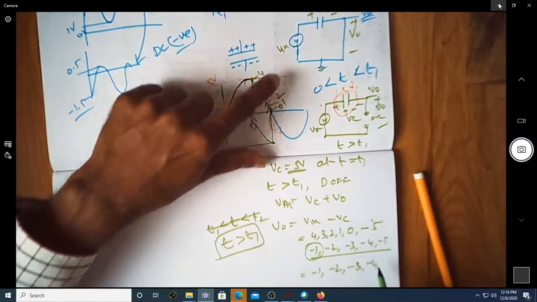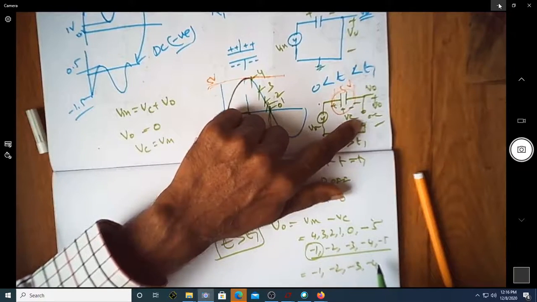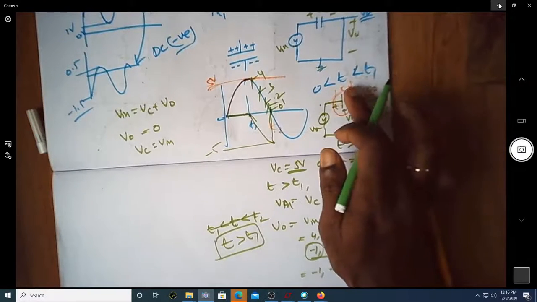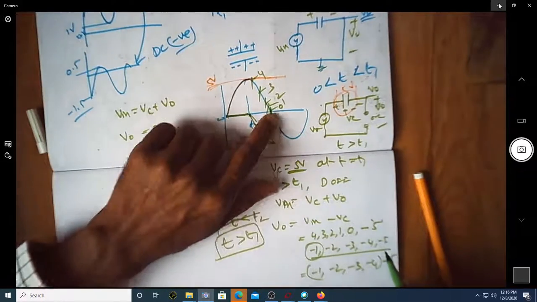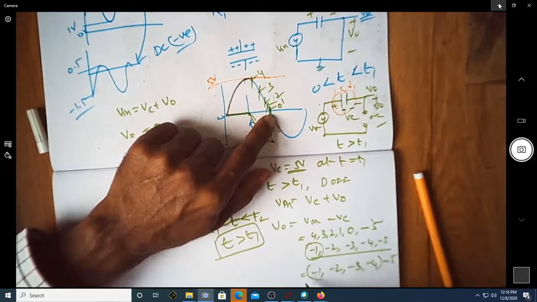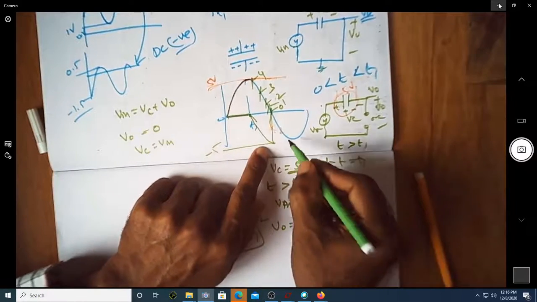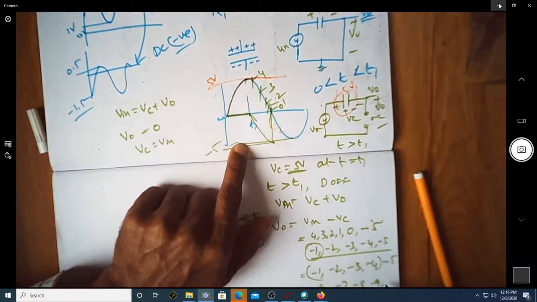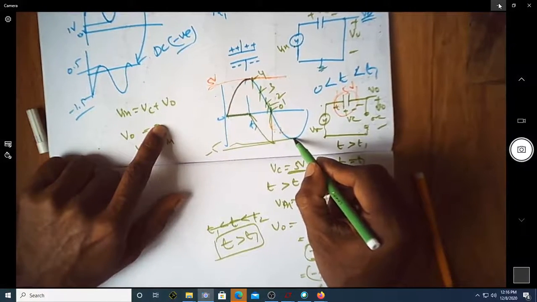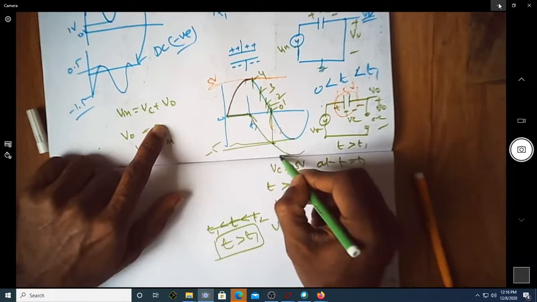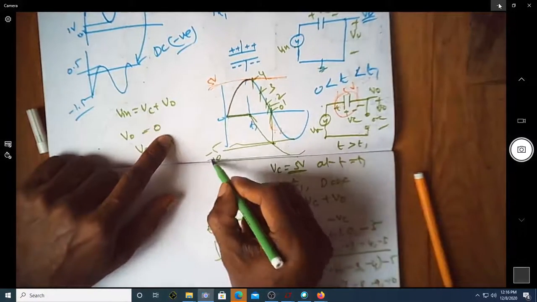Even when it is negative, the diode is off. When the diode is off, you have this condition still existing. The capacitor voltage is still holding at 5 volts. So now this is your Vin minus 5. You can see it was minus 5 when this was 0. When it is minus 1, V0 is actually minus 6, minus 7, minus 8. When it is minus 4, it is minus 9. The voltage can be minus 5 also. In such case, it is minus 10. What I mean to say is, when the input voltage is minus 5, the output is at minus 10.